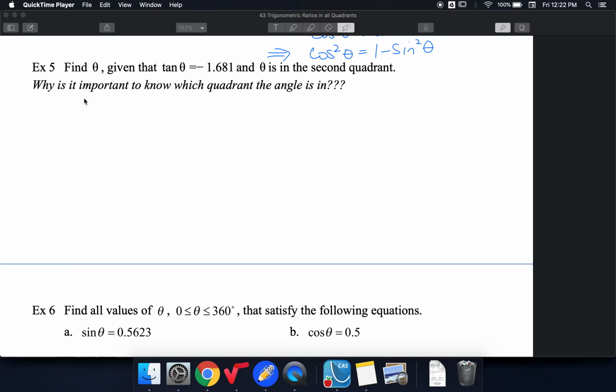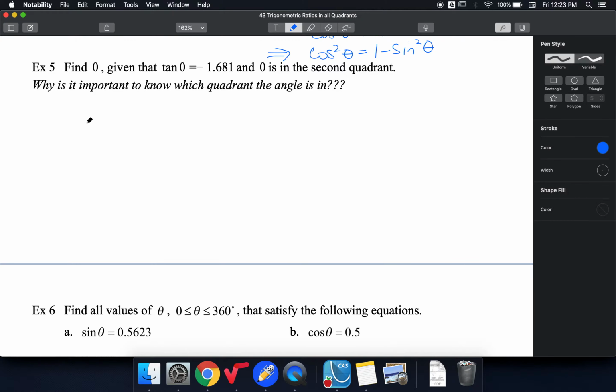All right, so in this example we're told to find theta given that tan theta is negative 1.68. So I know in my unit circle that tangent is the slope. So somewhere inside here I have